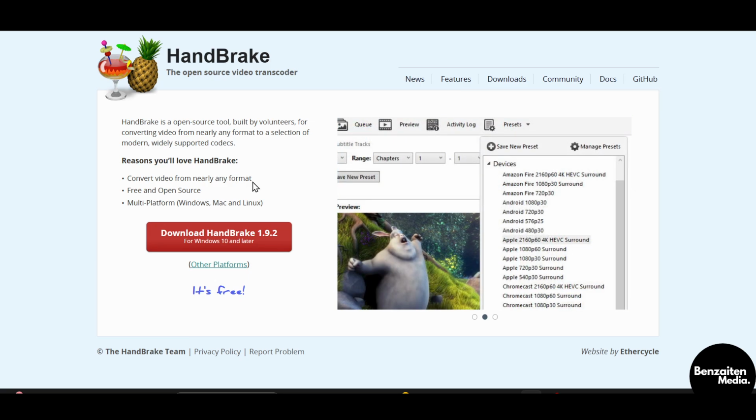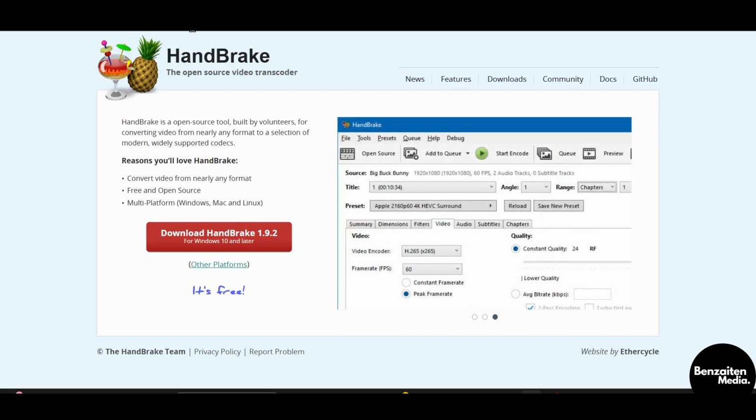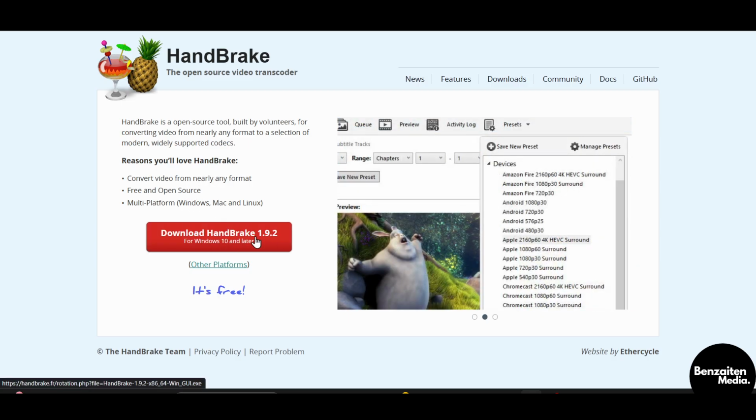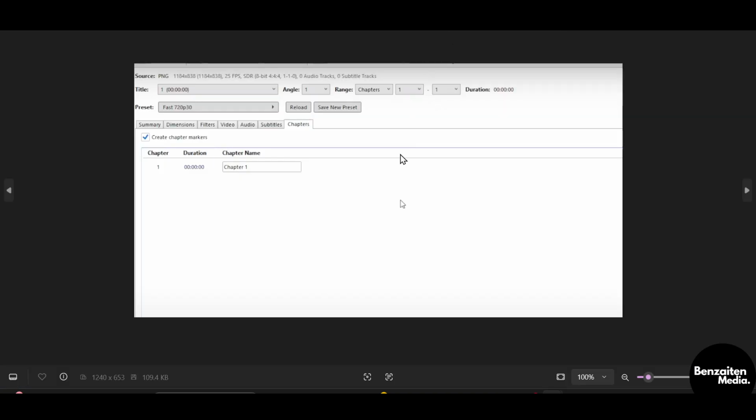So in this video, I'm going to show you how to convert a 4K video in Handbrake. So let's get started. First, you need to head over to Handbrake's website by just typing handbrake.fr, and after that you will see this type of dashboard. From here you need to click on download Handbrake for Windows 10 and later, and after downloading,